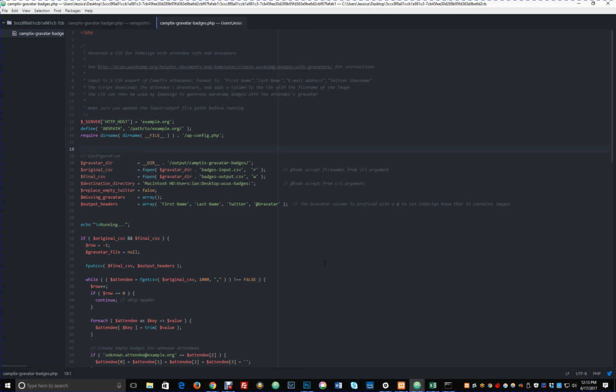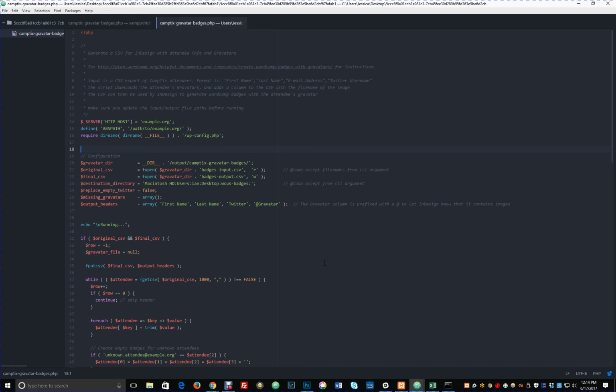It will take the CSV information that we have placed, go out to Gravatar, pull down images, output a second CSV file that then will contain the path to the images that we've just pulled down, and return that second CSV file. So then when you create your badges, you'll have a CSV to import that will then reference all of the images that you've also downloaded, and will auto-magically put them inside your badge files. Okay, so